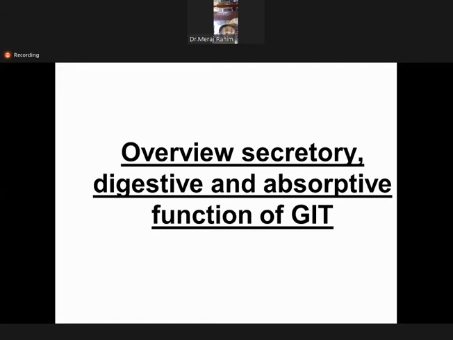As you know, students, the GIT is a long tubule which has got the basic function. We have got a mouth, a long tube-like structure going towards the anus, and in the mouth, the food is masticated. After the mastication of the food, because these nutrients are important for us, those nutrients get absorbed. Masticated in the mouth, they go into the esophagus. From the esophagus, they enter into the stomach.